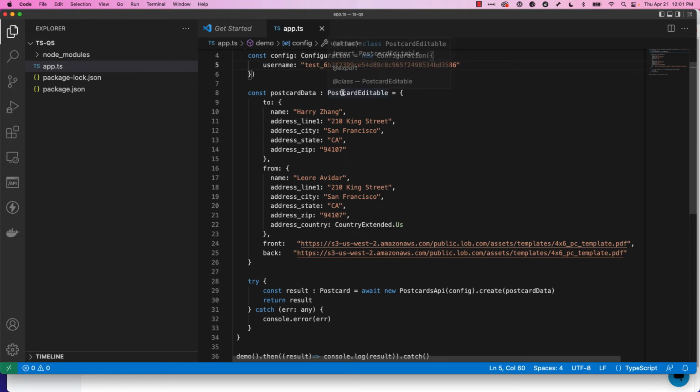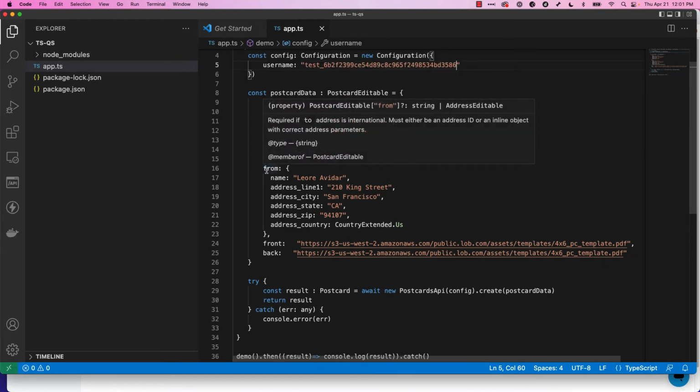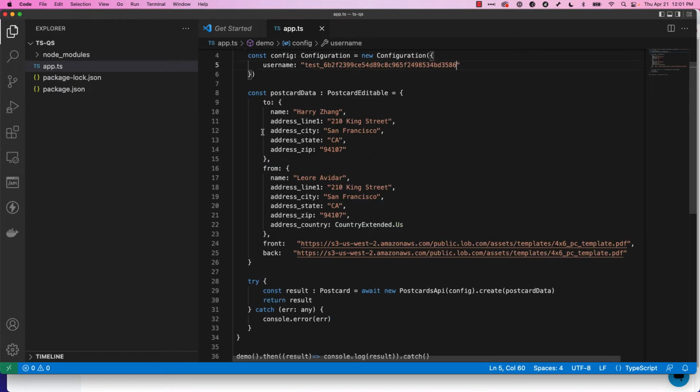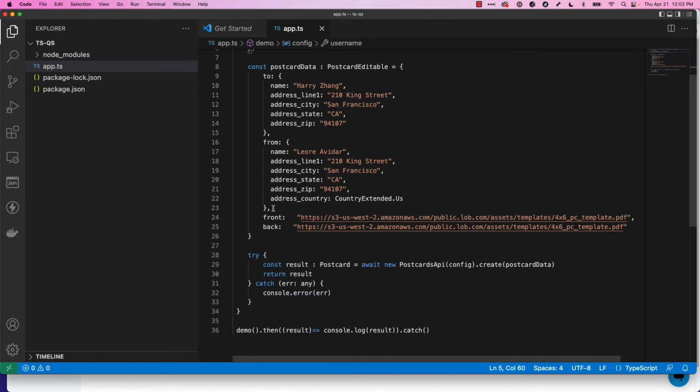Next, I am creating a new postcard data object of type postcard editable, and I'm setting the to address. So who's this being sent to, and then who's it being sent from. And I'm keeping it really basic. I'm doing a PDF for the front of my postcard and for the back of my postcard. These are hosted on S3, but there's other things we can do, and maybe we'll take a look at that